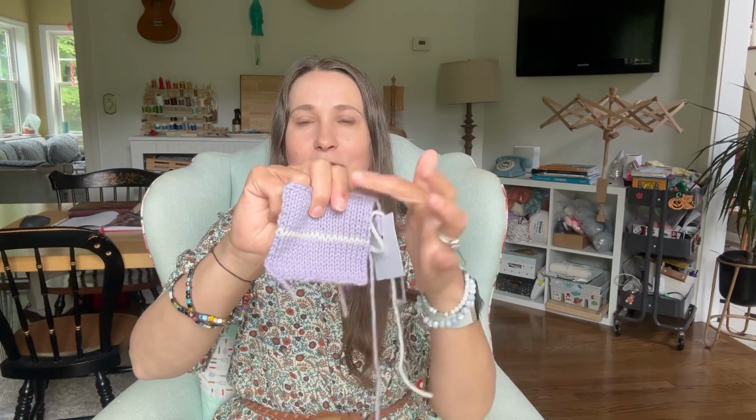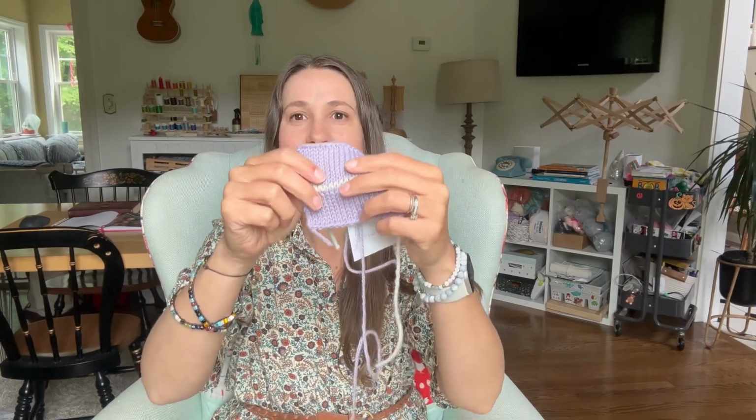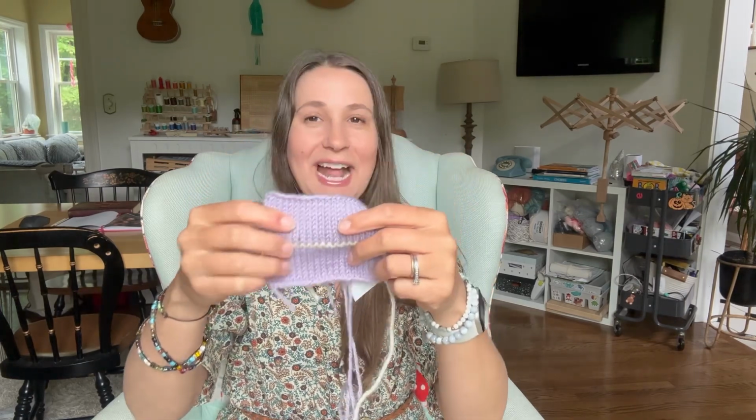Now I normally do Kitchener stitches for socks. I do this quite often, but it was good to see it in a flat piece of knitting, because quite often when you do it, the cat is going absolutely nuts underneath me. I don't know if I can get him to lift up a little bit for those strings, but anyway,